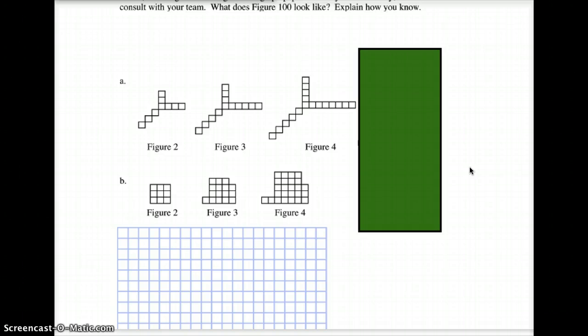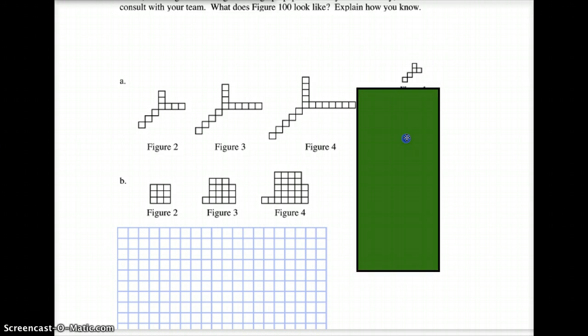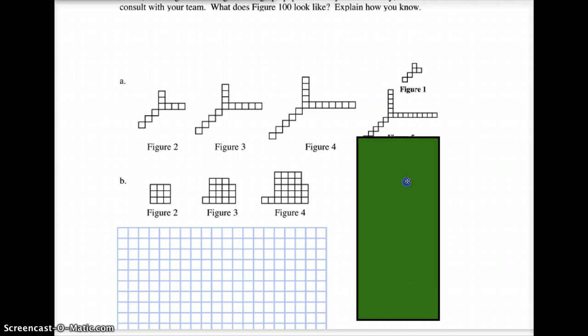Alright, you should be back. You should have gotten, for figure 1 should have looked like that, and figure 5 should have looked like that. Basically what happened was this bottom row was growing from 4 to 6 to 8. So this one here had 10, and working backwards, 8, 6, 4, this one only had 2. This row kept growing by 1 more. So figure 2 has 2, figure 3 has 3, figure 4 has 4, so figure 1 only had 1, and